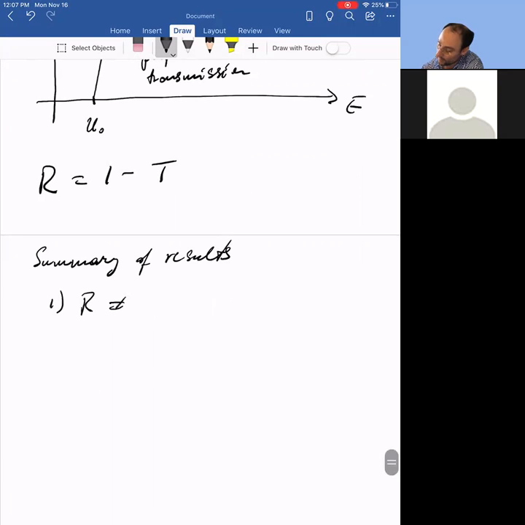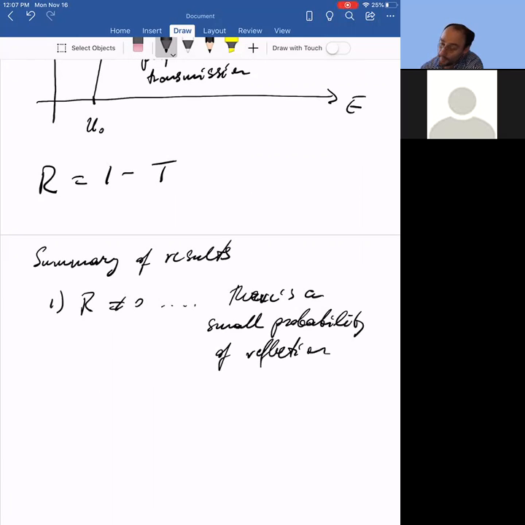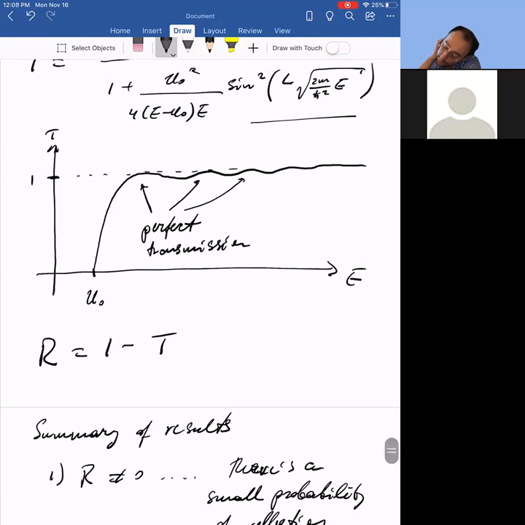R is not equal to 0. There is a probability of reflection. The transmission coefficient is not strictly 1. In particular,